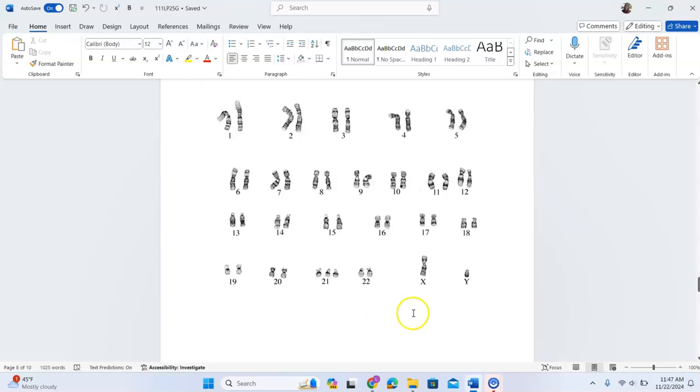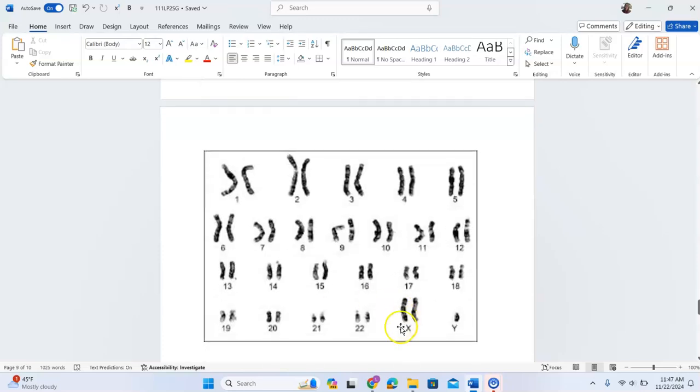This karyotype shows that the child is male because the pair number 23 is an X and a Y instead of 2 X's. And this child has Down syndrome because it has 3 chromosomes instead of 2 at chromosome pair number 21. So it's called trisomy 21 or Down syndrome. The next one is